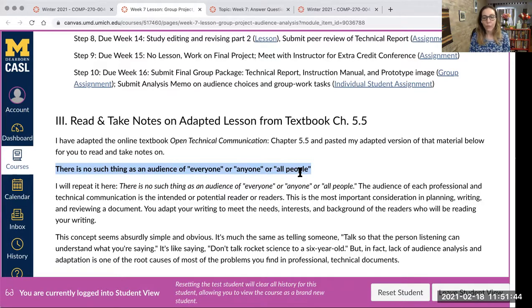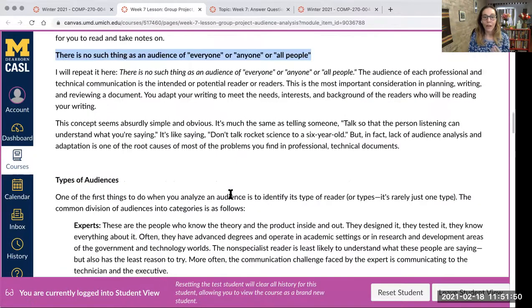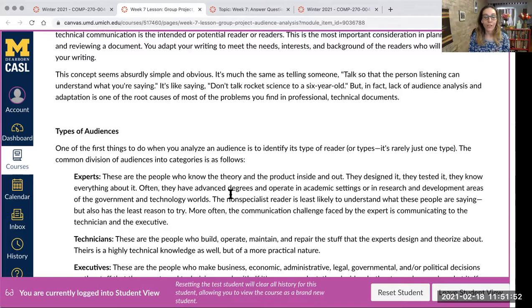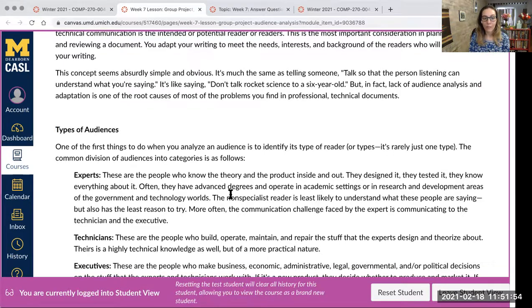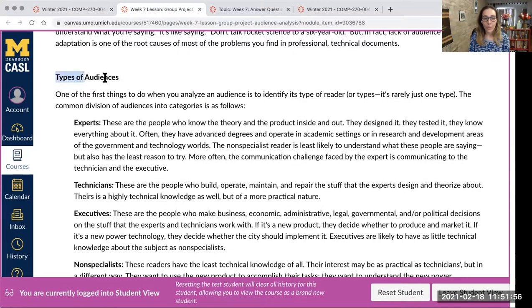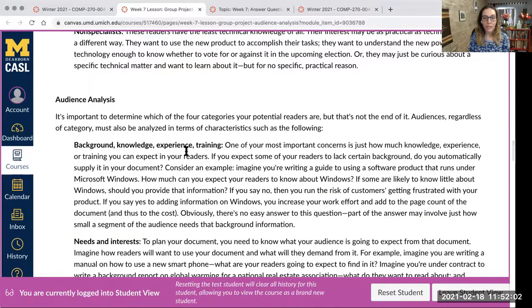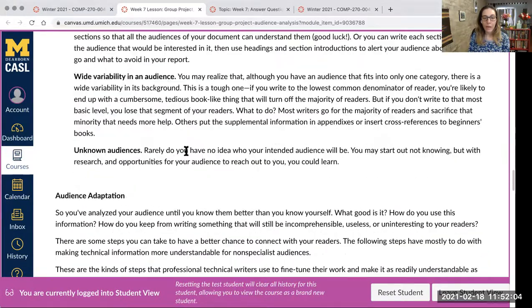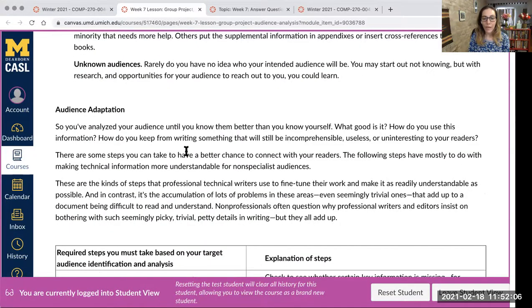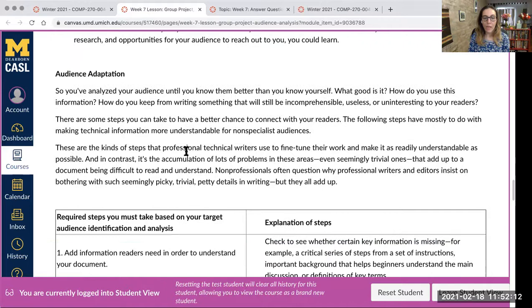So you won't use those words ever again this semester when you're talking about audience. So how do you determine who your audiences are? Well, that's why you need to read this lesson, where you'll learn about different types of audiences, different characteristics, and ways that you can narrow down the audience groups that you're communicating to in different documents, as well as how